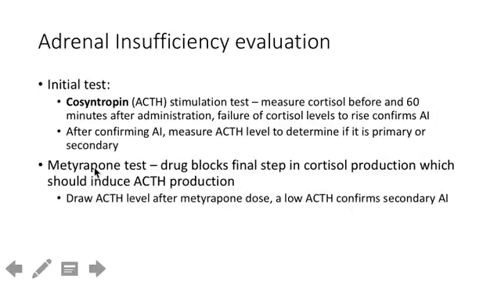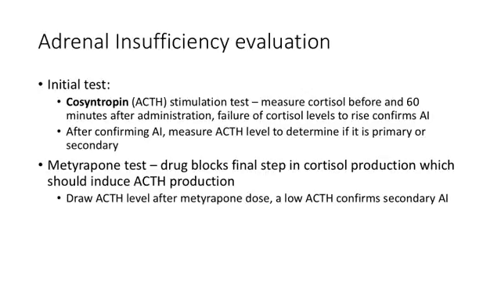One thing I put in here that is probably not going to be tested, but is something that I've heard people talk about and maybe seeing, and it's just one of those testable topics that you should be aware of that exists. This drug called metyrapone blocks cortisol production by the adrenal gland. So hypothetically, you give this drug and the pituitary should lose feedback inhibition and create more cortisol in response to the drug. So a failure of ACTH levels to rise after giving this drug would suggest secondary adrenal insufficiency. But again, I doubt they're going to use that on you.